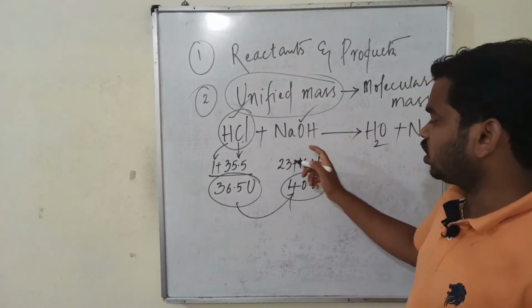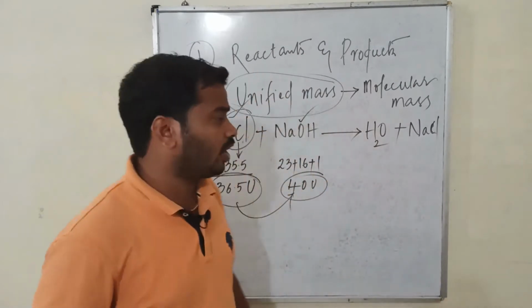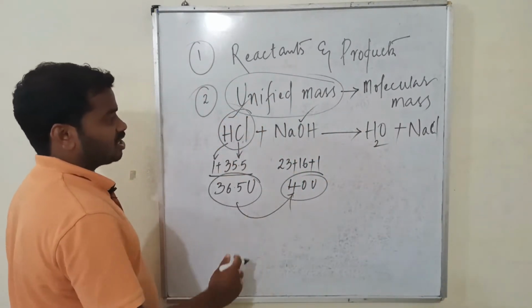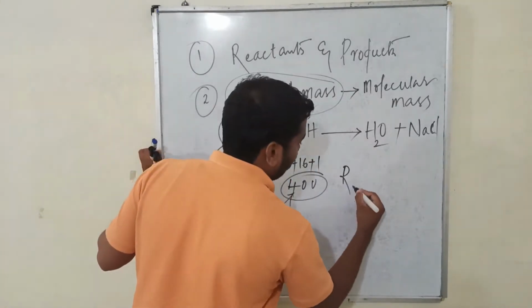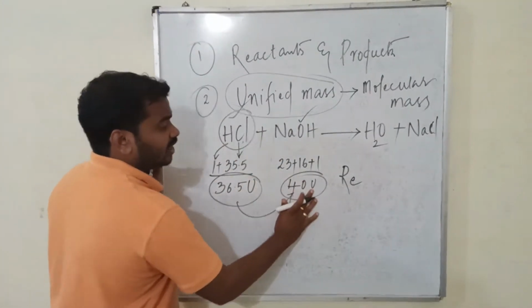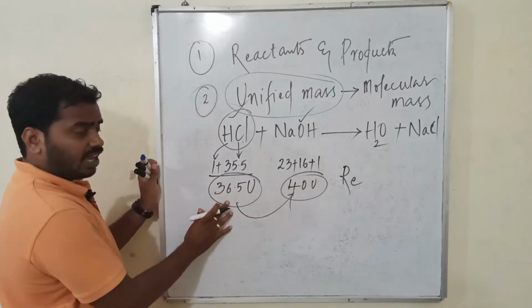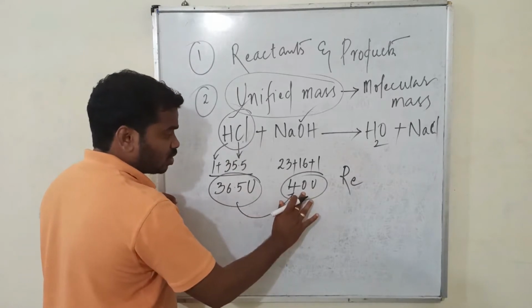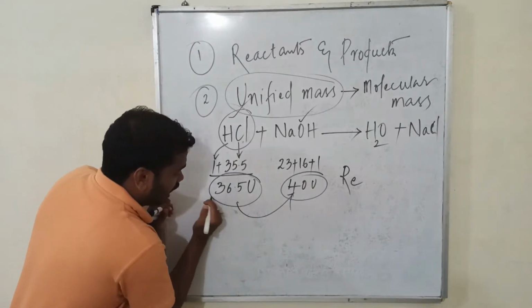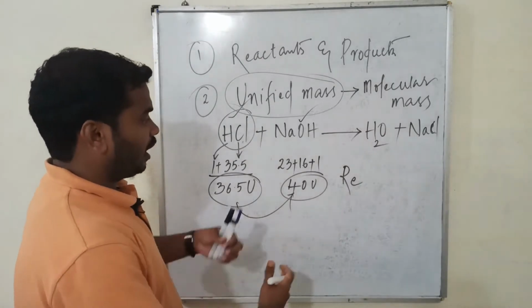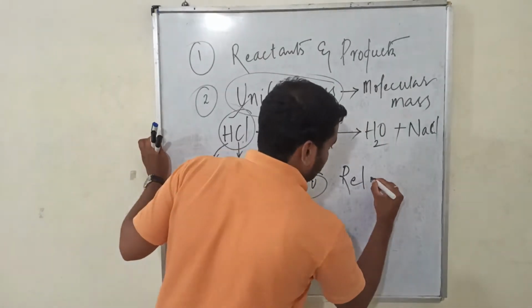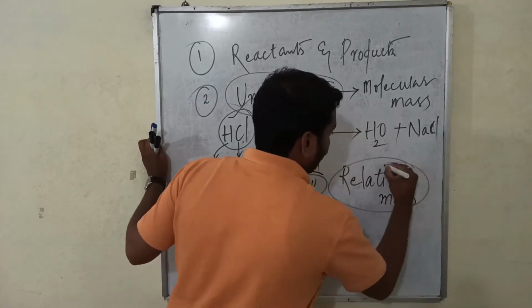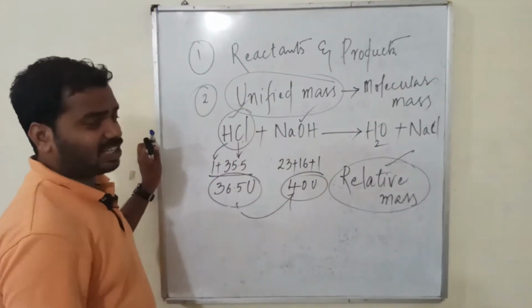Remember this, sodium hydroxide. If you increase this 36.5, this is the reaction, relative masses of the molecules. You can get relative masses. Ante idi enta teeskunnappudu idi enta danto react avutadi, idi enta teeskunte idi enta react avutadi. So both, ante ippudu ikkada 40 units teeskunna, ikkada for suppose let me try to make you understand this particular relative mass concept. So you will know relative masses of these molecules. That is what I wanted to say.